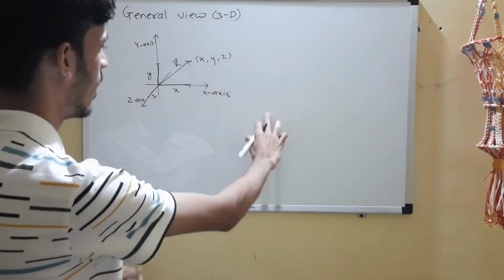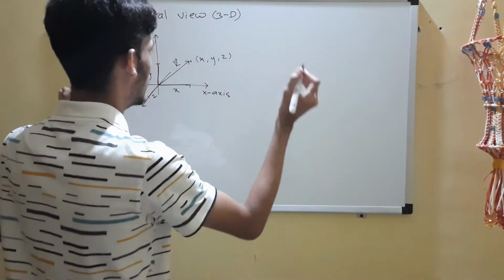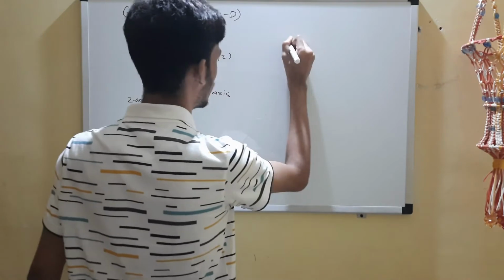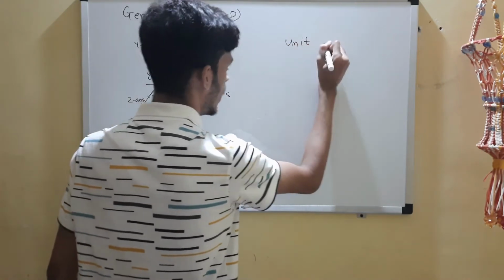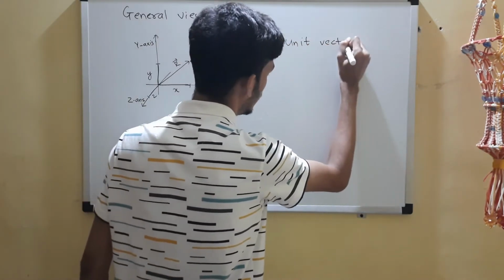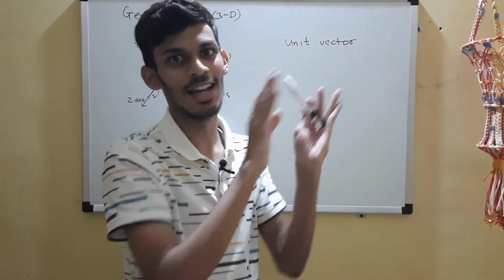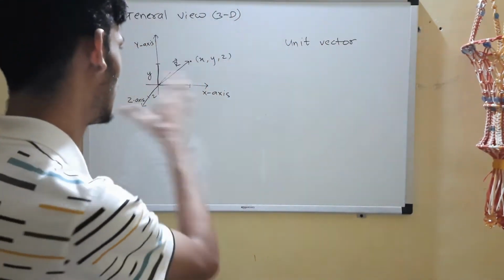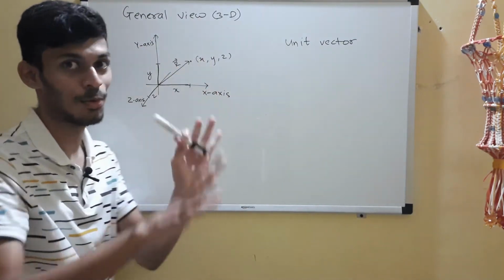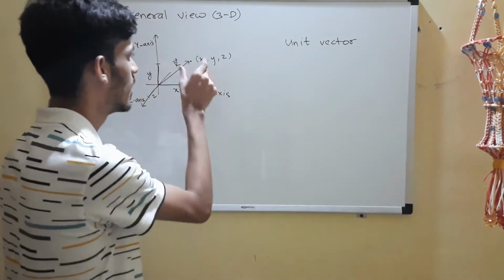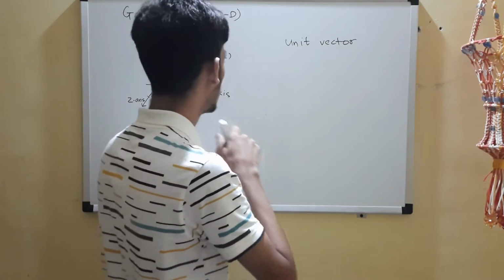Okay, first we have to describe unit vectors, right? We need unit vectors to write it in component form. So first let's discuss them, so that I hope the idea is clear now. Walk the distance x, fly the distance y, and move in front the distance z to reach that point xyz. These are numbers basically.